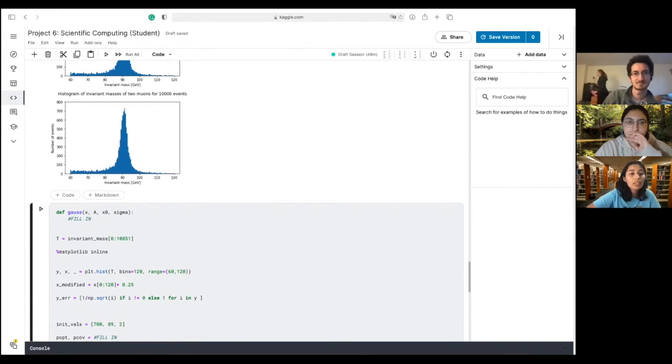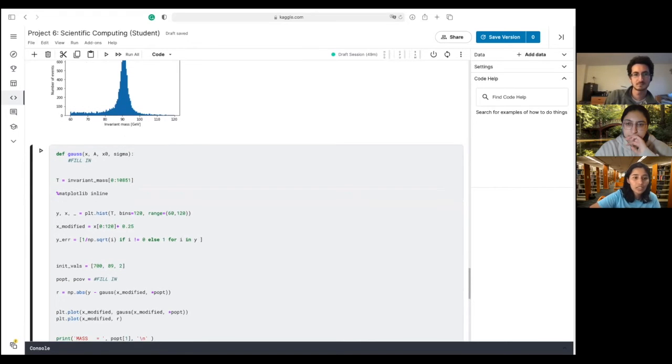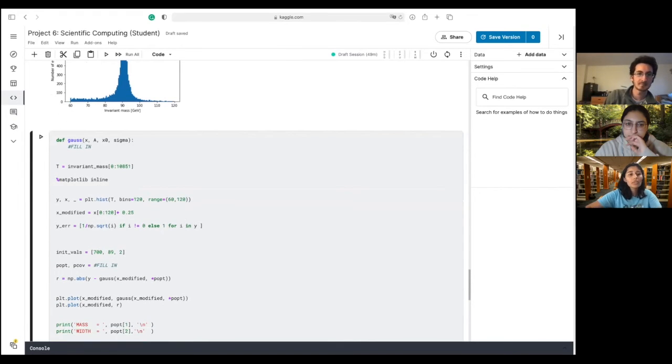So what we do is we look at these histograms, and then we see what kind of function works. From this, it seems like a simple Gaussian would work, because around 90 there should be a peak, and then it's pretty much flat at the other regions. So we try to write a function